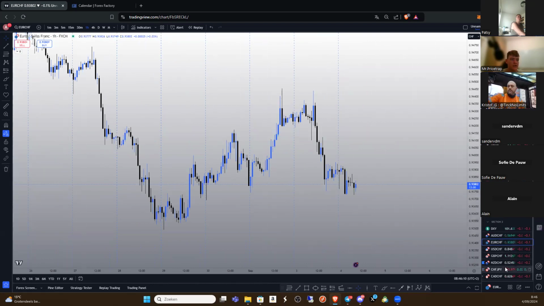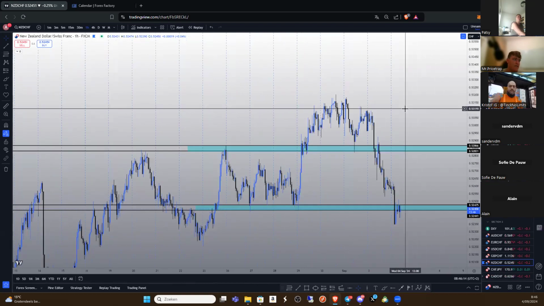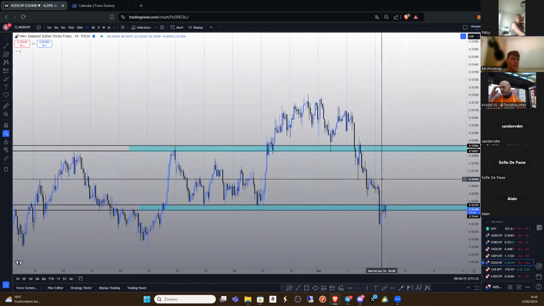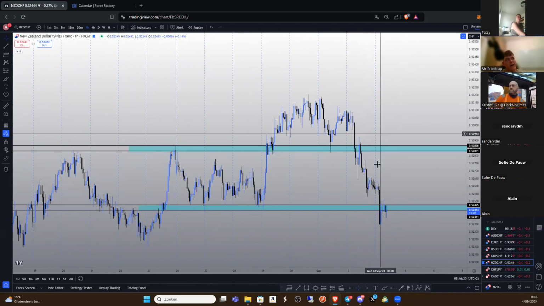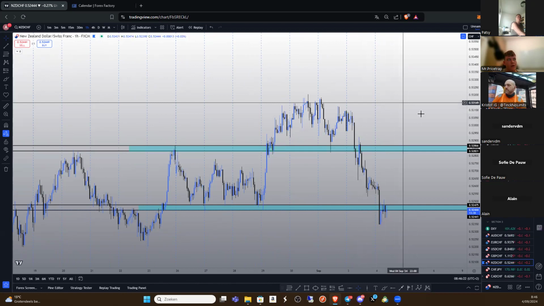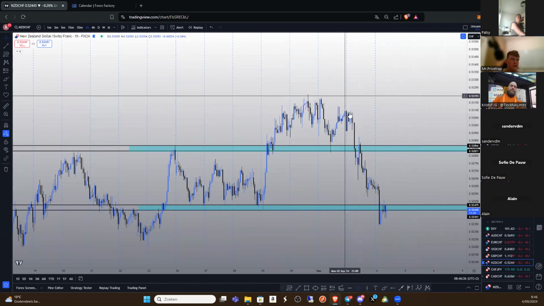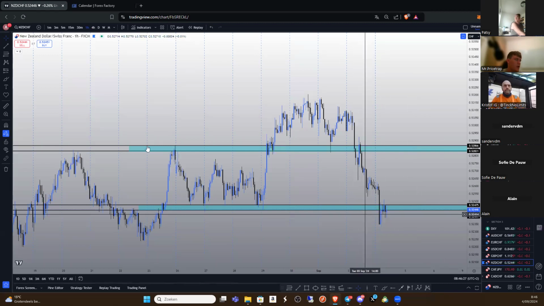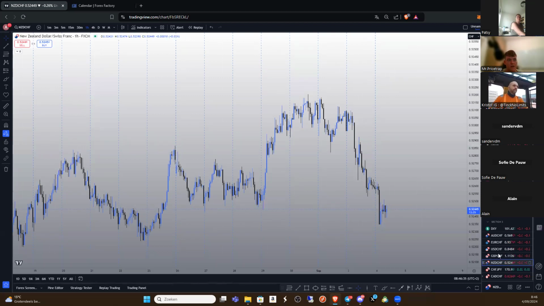So that's for Euro CHF. Then we have NZD CHF. If we take a look at NZD CHF, there wasn't really an opportunity to react on this, all right? Or there was an opportunity, but there wasn't really a risk-free opportunity or a 1-on-3 risk to reward opportunity. No, this is just a straight stop loss. So from all the pairs that we have seen, NZD CHF was just a straight stop loss. Okay, so that was the only pair that went in the wrong direction.